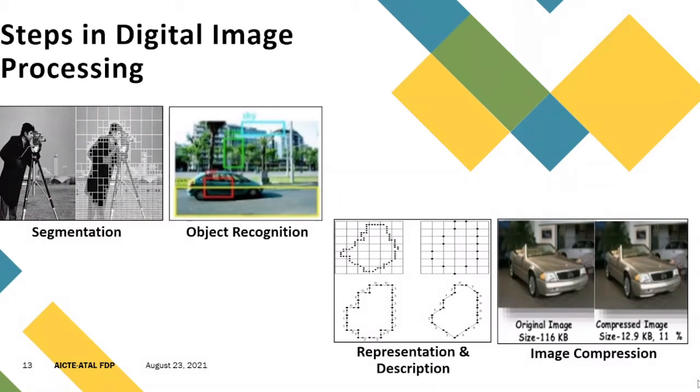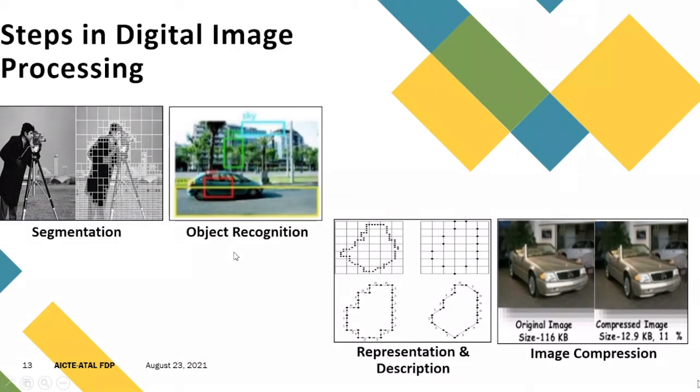So the criterion for segmentation is on the basis of the similarity principle or on the basis of discontinuity. Discontinuity means if you are sitting alone and there is a background, the edge is giving you the outer boundary. So there is a variation with the background. That particular edge will give the dissimilarity. So this is how segmentation actually happens.